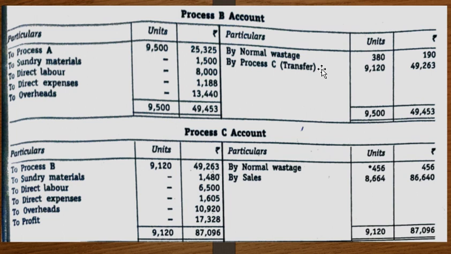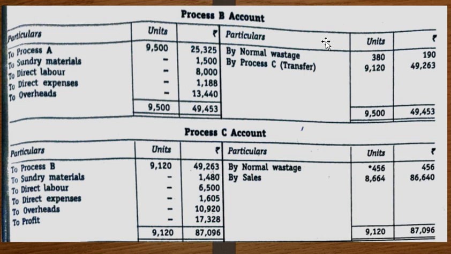figure for process B. Here you don't have abnormal loss because in the problem they have not stated what the output is for this process B. In previous problems, they stated that the process was producing so and so number of units. When such information is given, you find the difference by looking into those units, and then you decide: if your input is more than your output, then you will have abnormal loss. If your output units are more than your input units, then you will have abnormal gain.